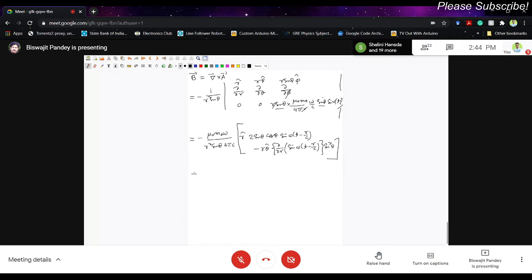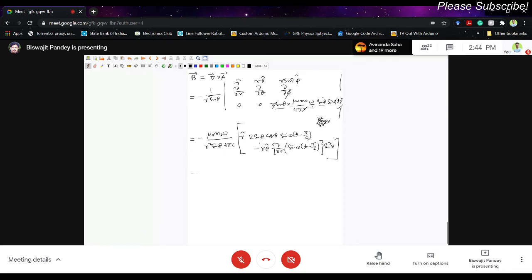Equal to. Again you see, what is m0? m0 is pi b square i0. You may ask me the question that b square by r square, sometimes I drop b square by r square, which is much less than 1, because b by r is much less than 1. But when you have two terms, then you have to make a relative comparison. You cannot just drop all the b square by r square terms, then this will be 0, right? Because m0 contains b square, pi b square into i0, and in the denominator I have r square. So you may think that all the b square by r square terms will be dropped, then it will be 0, then no magnetic field.